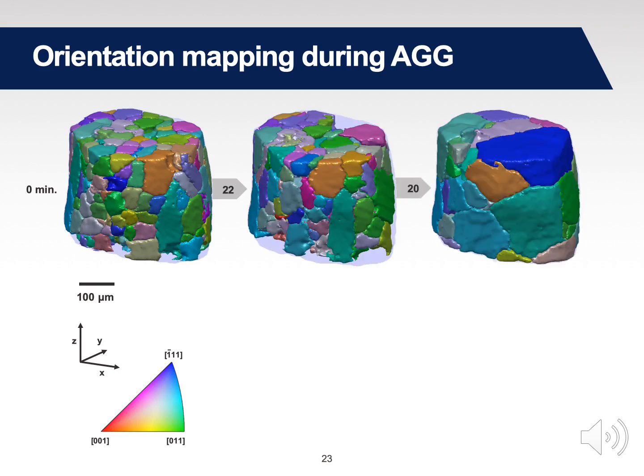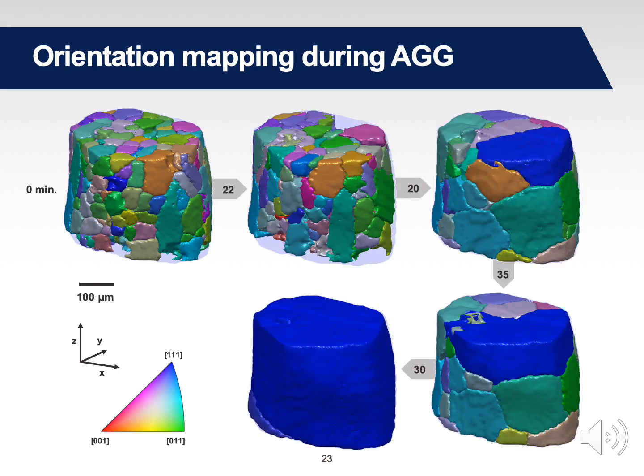And here I'm showing you the results of the isothermal annealing. The numbers that you see in between the reconstructions represent the annealing time increment between the subsequent 3D reconstruction. So this is in minutes, so this is the initial condition, this is after 22 minutes, and then after a subsequent 20 minutes, and so forth. And in the end, you do see that there is one grain, this blue grain, that becomes abnormal and totally consumes the microstructure. In the end, in the diffraction tomography, we see very few and very large reflections corresponding to this blue abnormal grain.